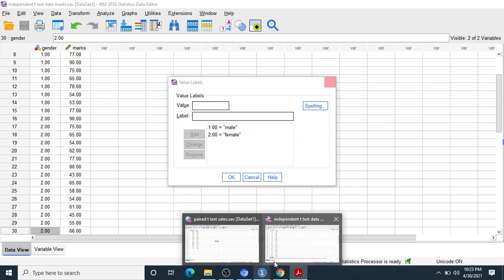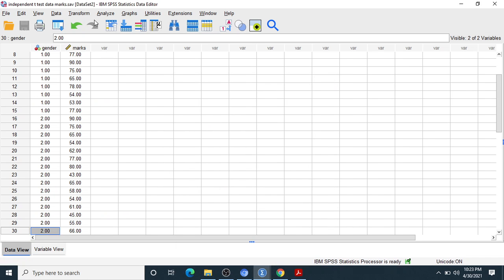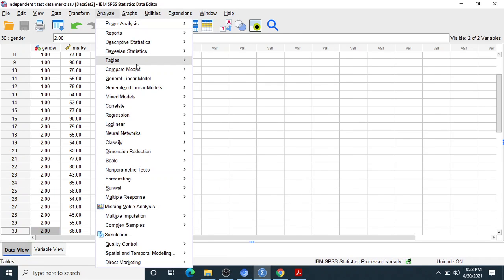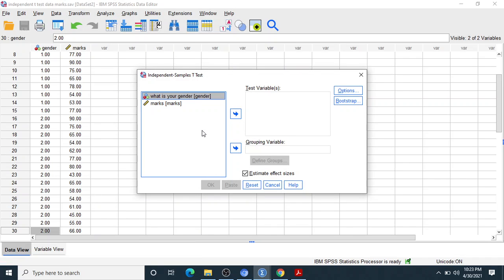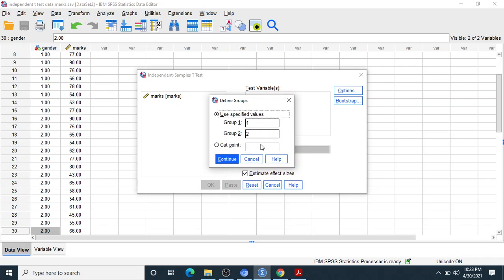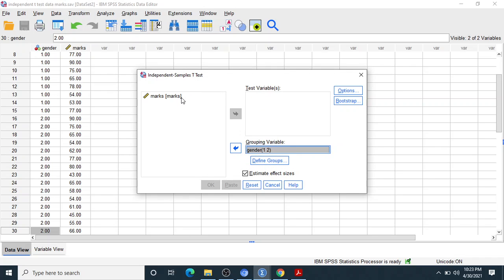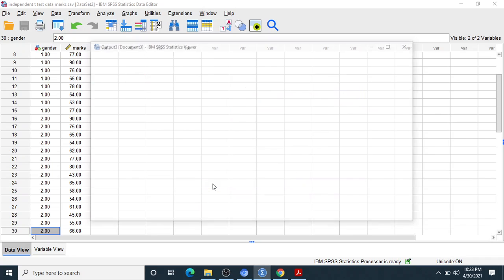So let us come back. This is our test. Analyze, compare means, independent samples t-test, the grouping variable gender, define groups. The one value for the boys, the male, and the second for the girls. Okay, the marks here. The next is okay.